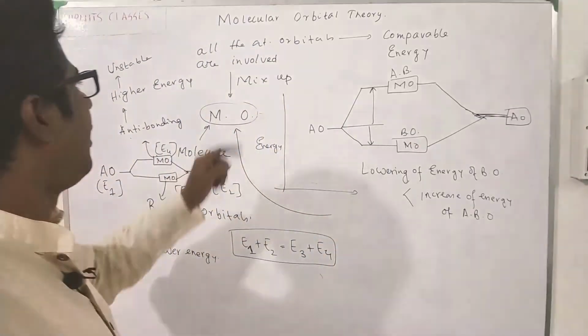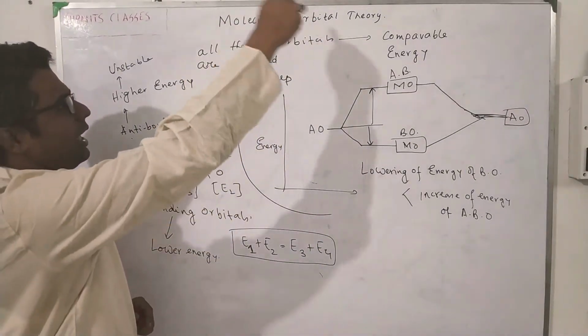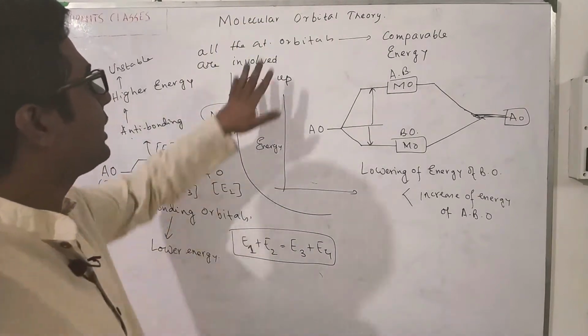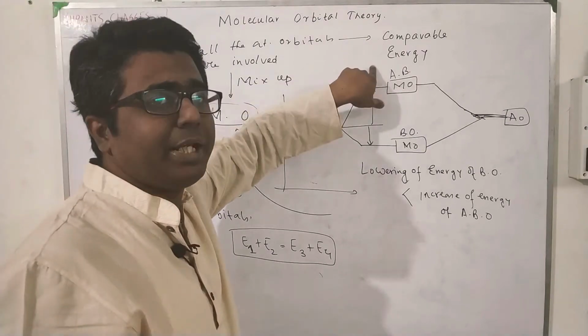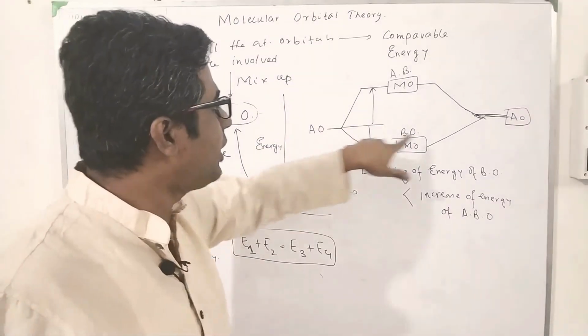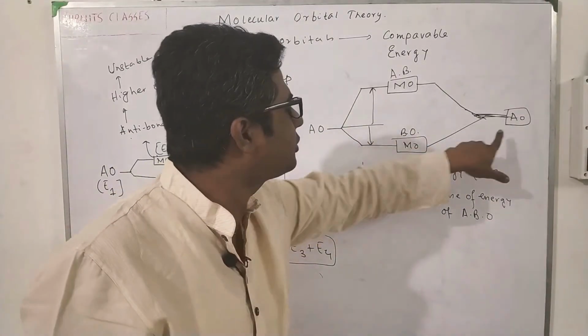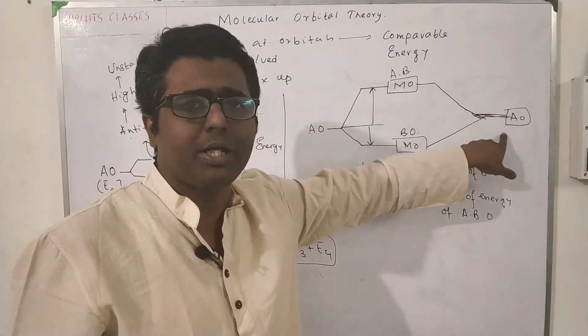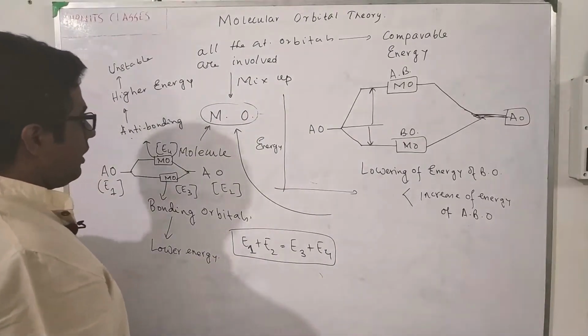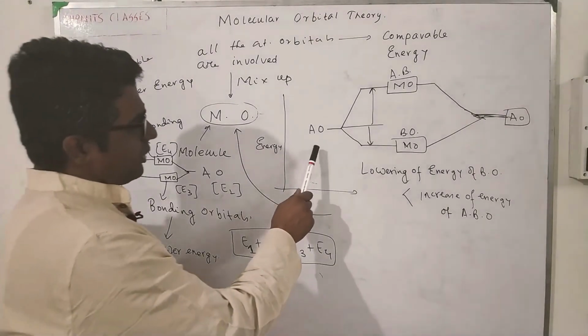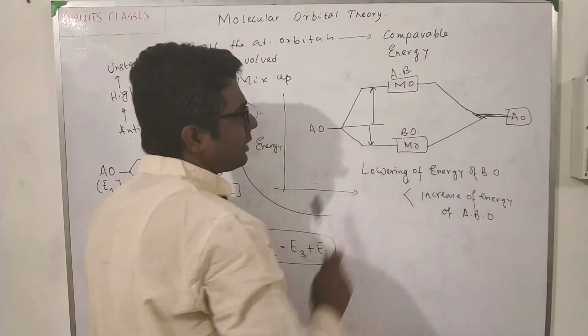So there will be molecular orbitals formed from the mixing of all the atomic orbitals, ठीक है। अभी कौन सा टाइप का एटॉमिक ऑर्बिटल मिक्स होने से molecular orbital फॉर्म होगा? कंपेरेबल एनर्जी होना पड़ेगा, मतलब ये दोनों एटॉमिक ऑर्बिटल का एनर्जी ऑलमोस्ट कंपेरेबल होना पड़ेगा, नहीं तो आपका वो मिक्सिंग नहीं होगा, ठीक है ना।